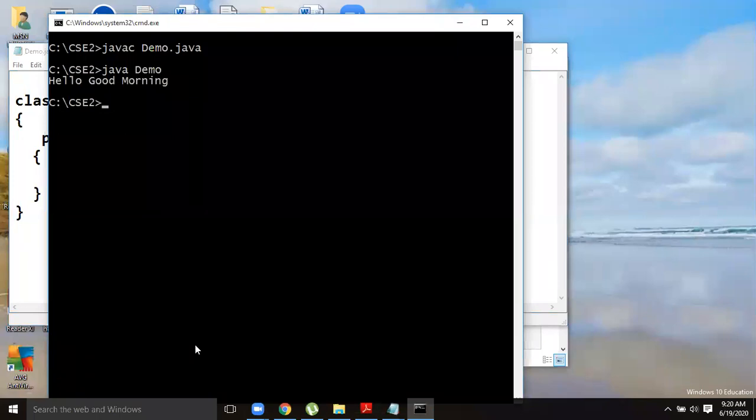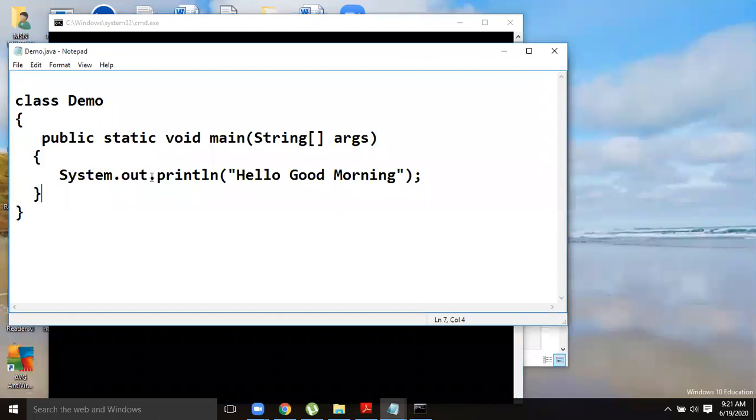One is we have to take the input from the console. Console means keyboard in general, console devices. The console output device is in general the screen, where you display the output. So that console output device should connect with this stream. System.out refers to the standard output stream.